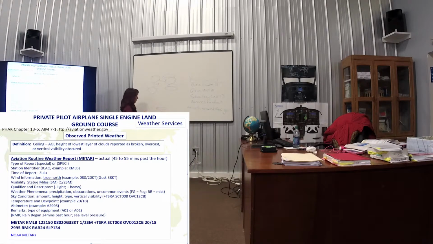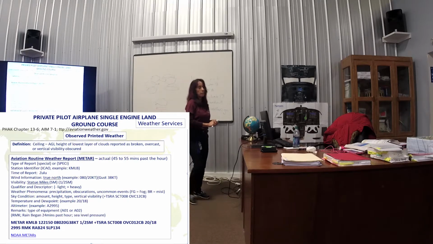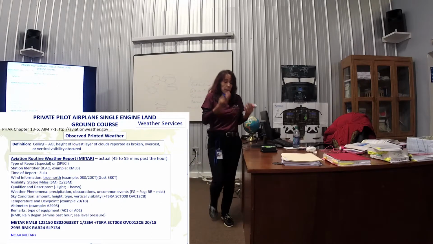If you have scattered, and that darn cloud is right over April wanting to take off, she can't remain clear of that cloud. So not only broken or overcast, but where in the heck that cloud is and can you remain the required distance. Have a high overcast, who cares?